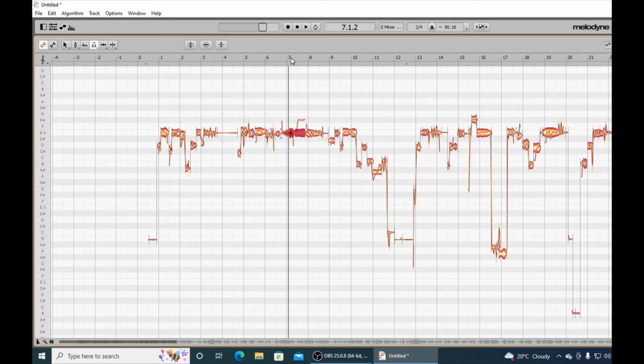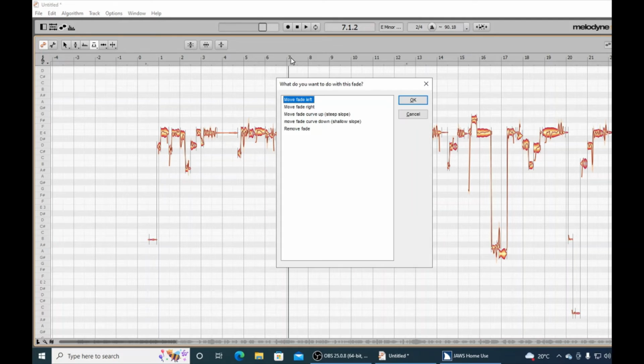there we are. I'll press Alt and Backspace on this element. What do you want to do with this fade dialog? List view. Move fade left, 1 of 5. Okay, so you get to the options, and we'll look at these options in other videos, but